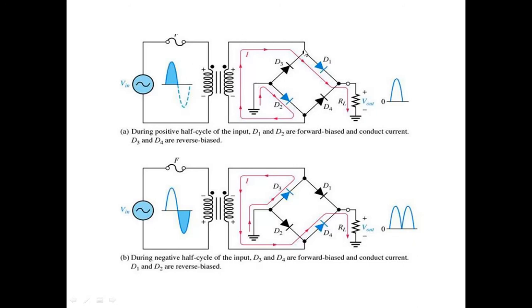The output is provided from the other opposite sides, and the load resistance is connected between the other two ends. Here for the positive half cycle of the input AC voltage, the diodes D1 and D2 conduct, whereas